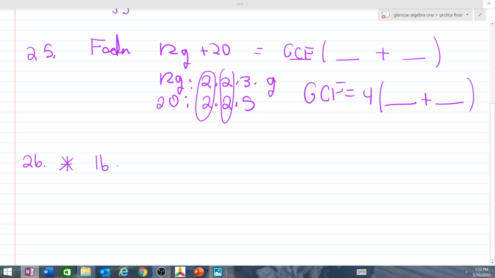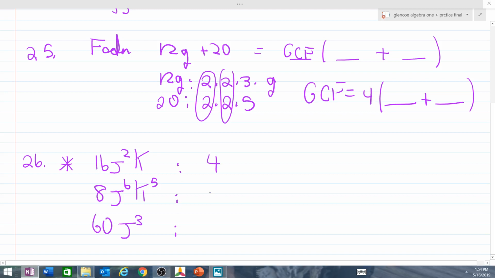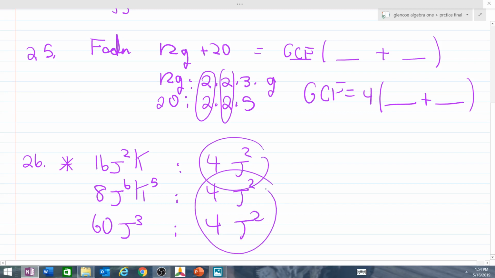26. I want to bring your attention. It wants you to factor it completely. So I think the easiest thing to do is if you guys would just find the GCF of these three terms. Once you find the GCF, the problem actually falls apart. So let's do that together. What's the biggest thing that 16, 8, and 60 all have in common? They all have a 4, and then they all have a j to the second power, which means the GCF is 4j squared,